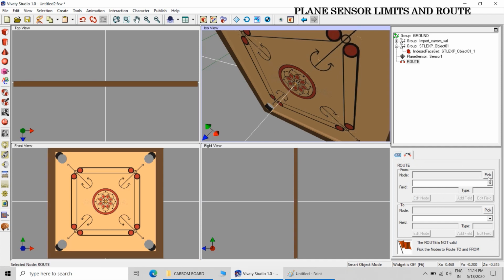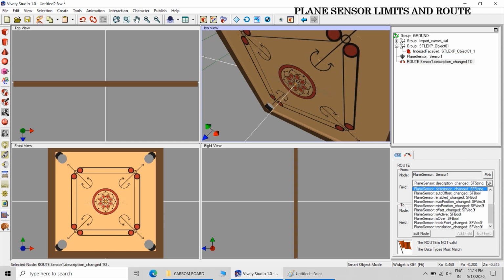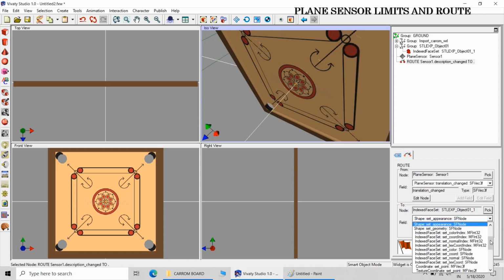Now create the route. The route should be from plane sensor to the coin. The indexed face set IFS is defining that. Translation changed, SFVec3f.